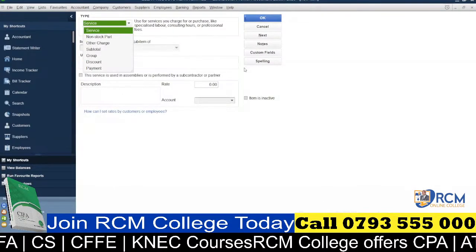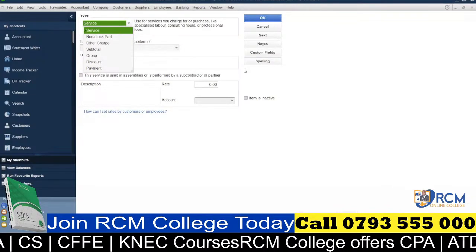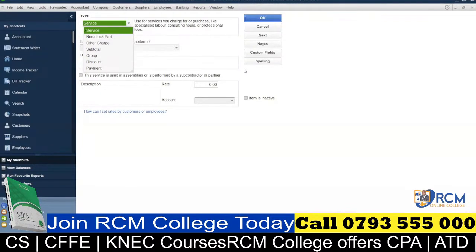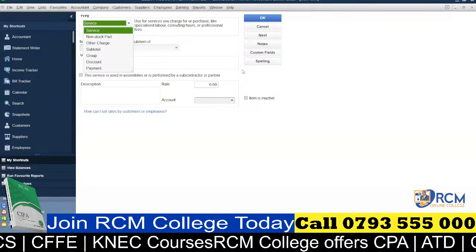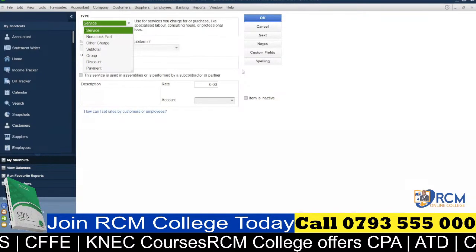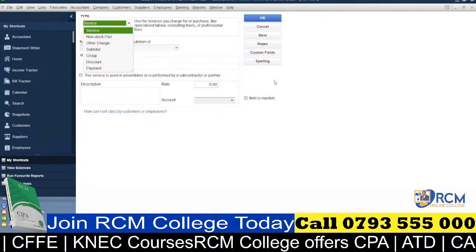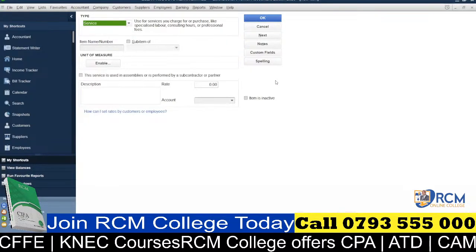When you choose new, this window pops up. The window requires you to key in the following about your product. Number one is the type of product. Number two is the item name, the sub-item of. We have the description, the rate, the account, and all that. But look,